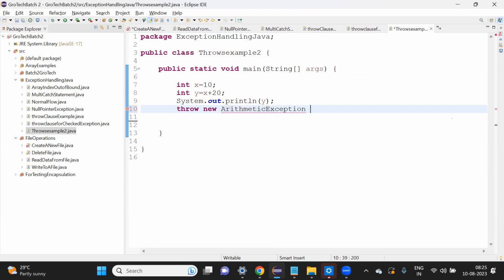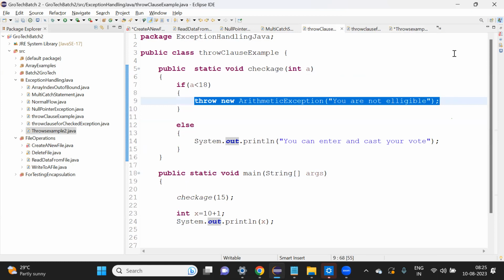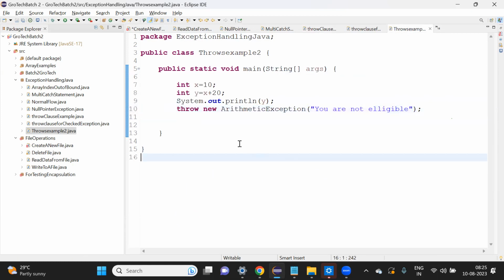Throw new ArithmeticException(e). Or I can simply write this: "Okay, you are not eligible." Suppose. Okay, so whenever what will happen in these cases, suppose you